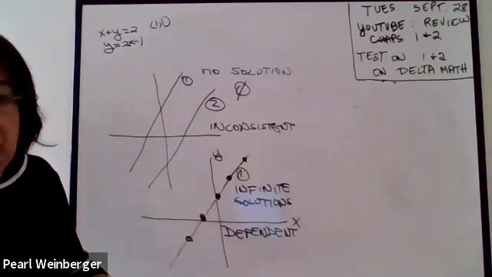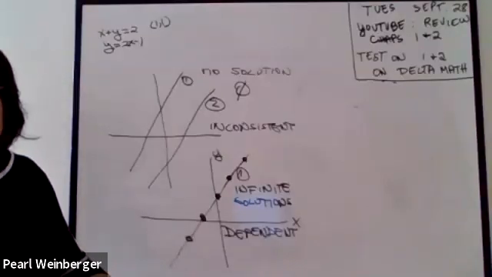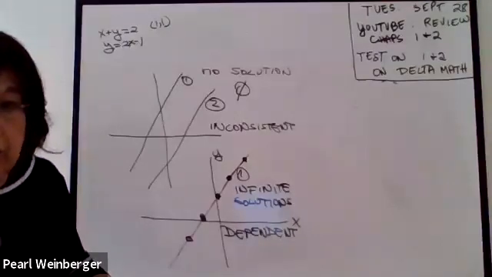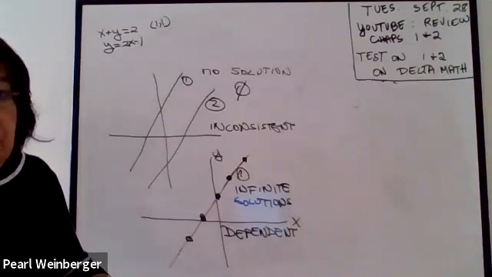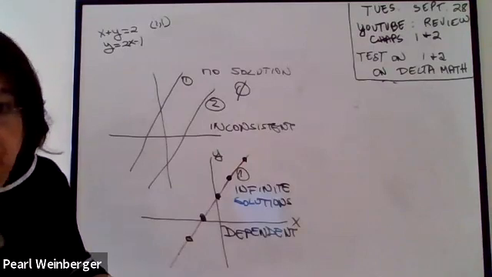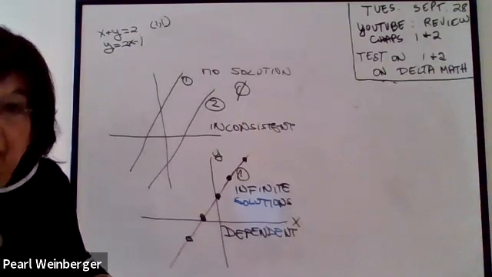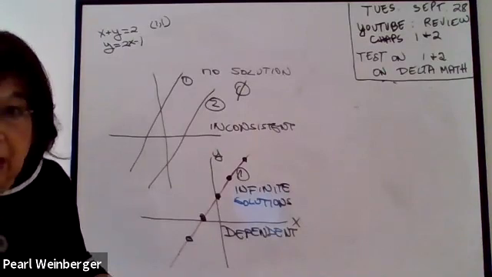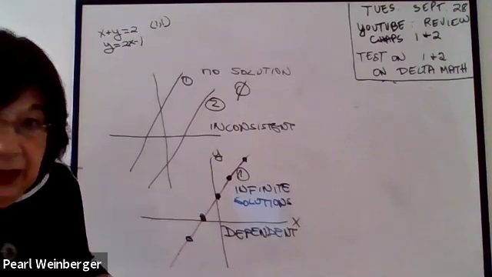An algebraic method that will allow us to find the solution of the system of equations without actually graphing it. And not only is it generally a quicker way of doing it, it's a more accurate way. Even if my answer turns out to be in fractions, I'm going to end up with